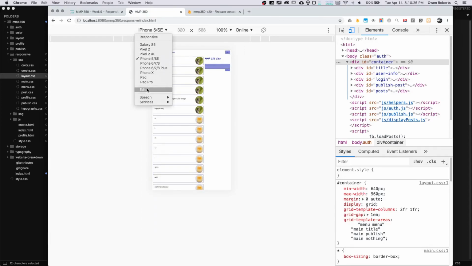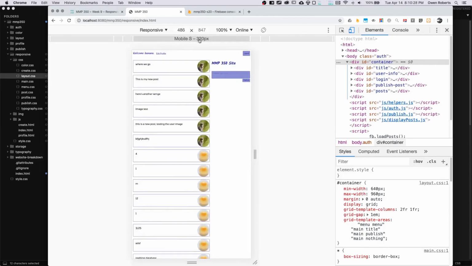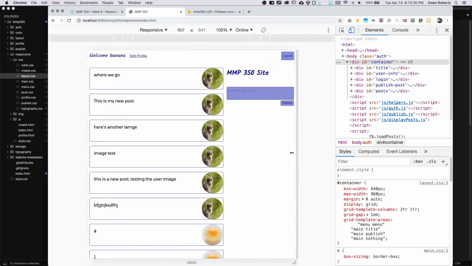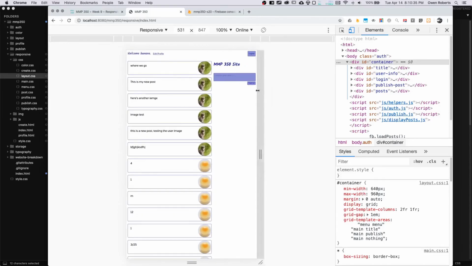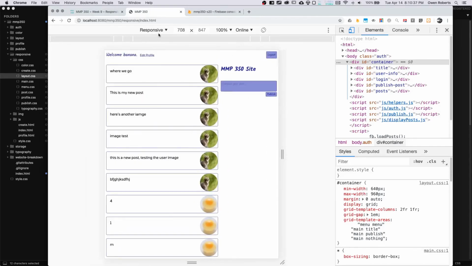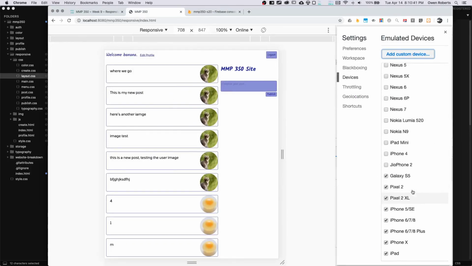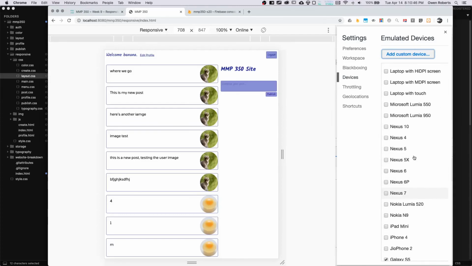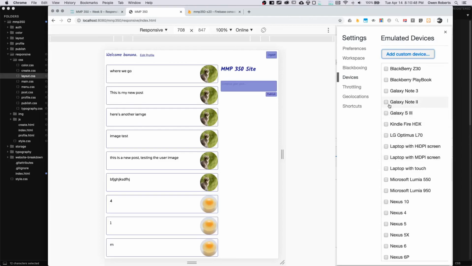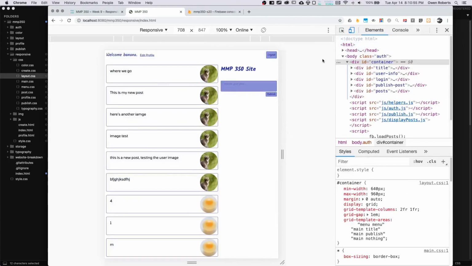And then we can also go into responsive mode where we can actually just change the width and height by using these drag elements over here. And then we can also create our own devices over here, so we can choose which devices we want to see. So if you have like a Galaxy whatever and you want to see it on here, you can choose one of those devices. So there's a lot of other settings that mobile emulation does, but we're just going to start,